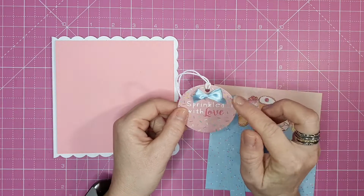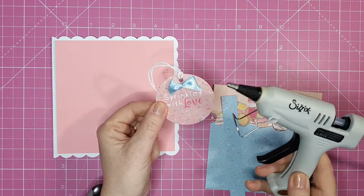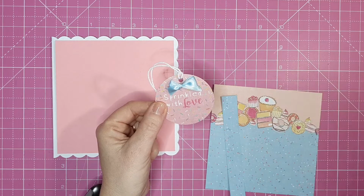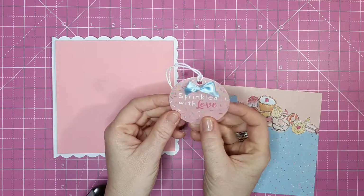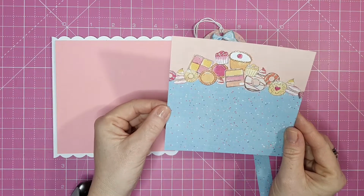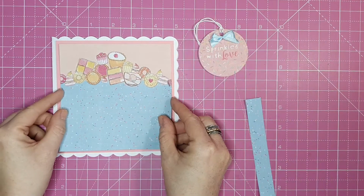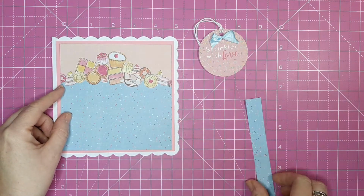Then I've got one of the tags that came with the kit. I've stuck down one of the bows that came from the kit, and I've used my glue gun to do that. And then I've put some 3M foam tape on the back of that to give a bit of dimension. I've also used one of the papers that came in the kit, and this measures 5.25 by